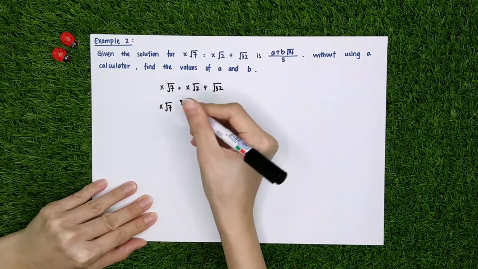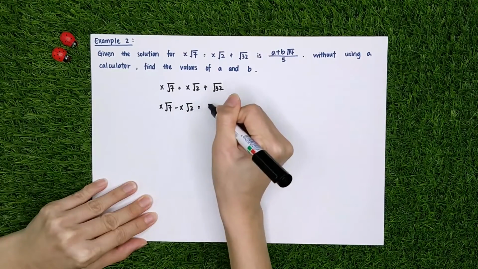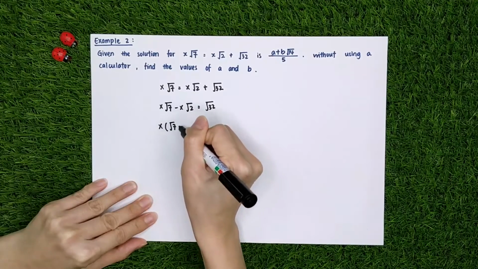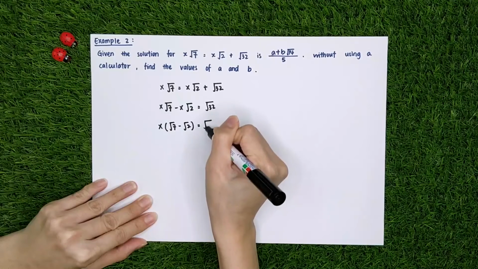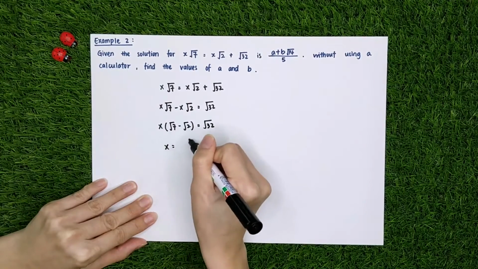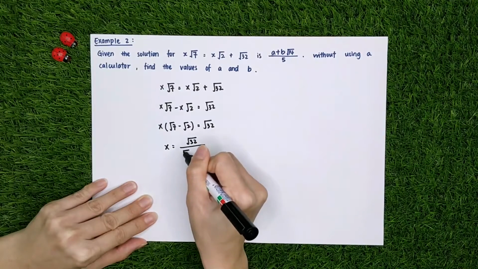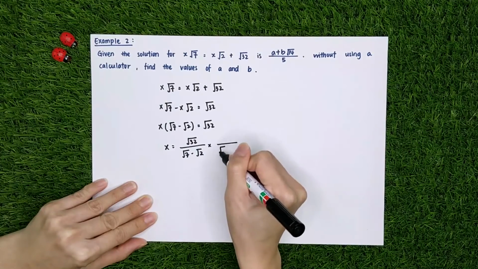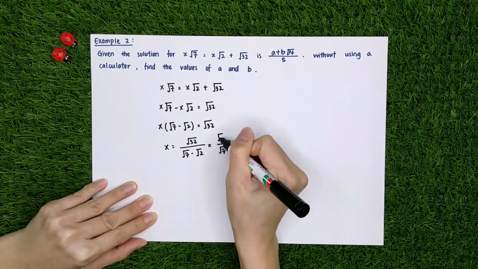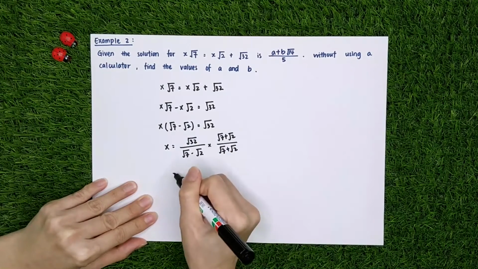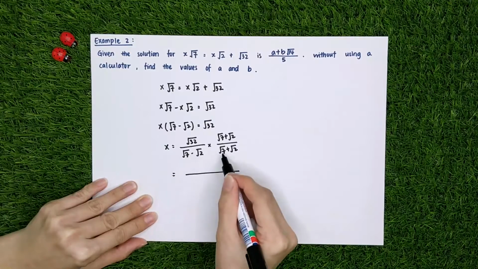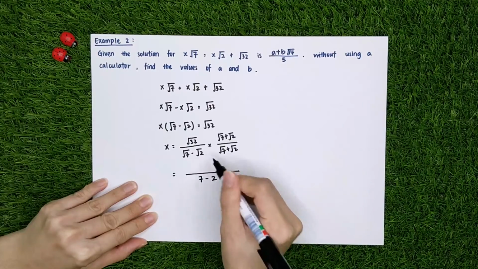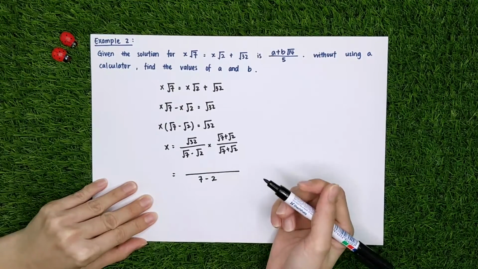So it will be x square root of 7 minus x square root of 2 equals to square root of 32. Then I will take out the variable x, which is square root of 7 minus square root of 2 equals to square root of 32. Then x is equals to square root of 32 over square root of 7 minus square root of 2. Now I can times square root of 7 plus square root of 2 here. So I will get square root of 7 times square root of 7, I will get 7, plus minus I will get minus, and square root of 2 times square root of 2 I will get 2 here. Okay, then